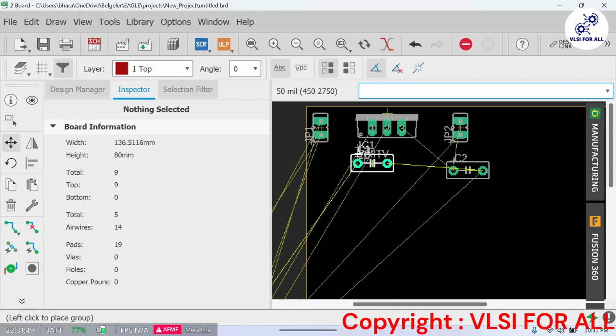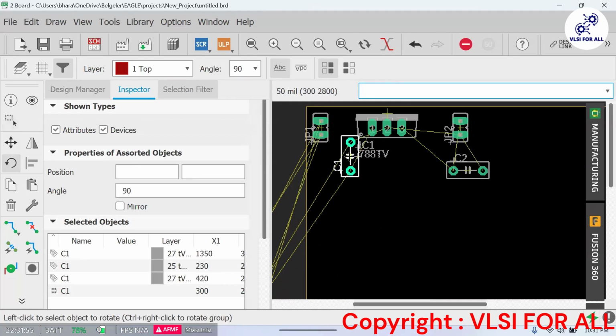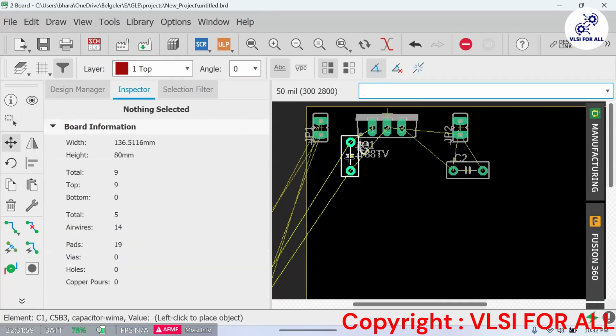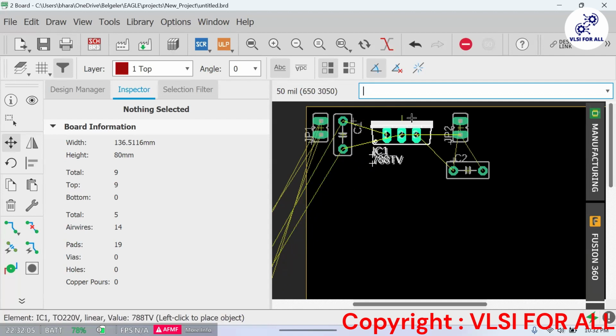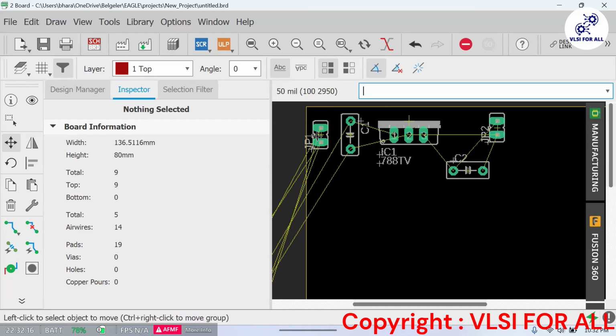I will try to keep them here, at this level. I will make some space first, because I don't have much space. I have to keep some space because the capacitors might be bigger, and we won't be able to put them properly.